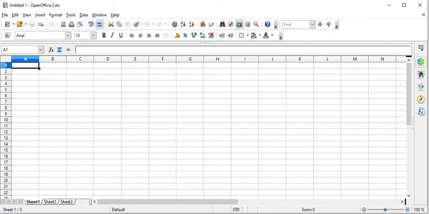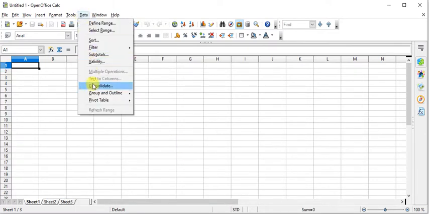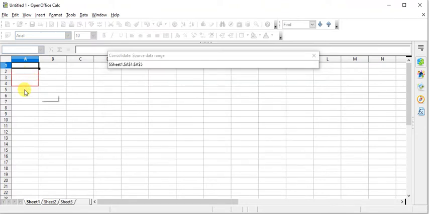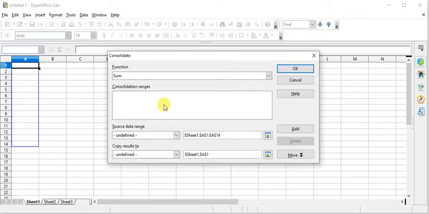suppose you have this worksheet and you go to this menu option, Consolidate. Now if you have the range, you can just type the name of that range, or you can just select the cells that you want to consolidate, and that will appear in this range.